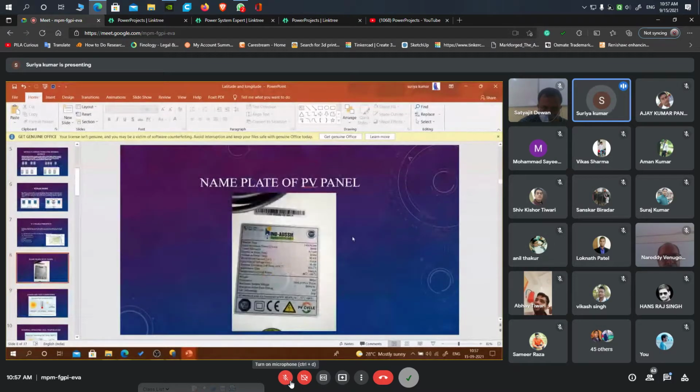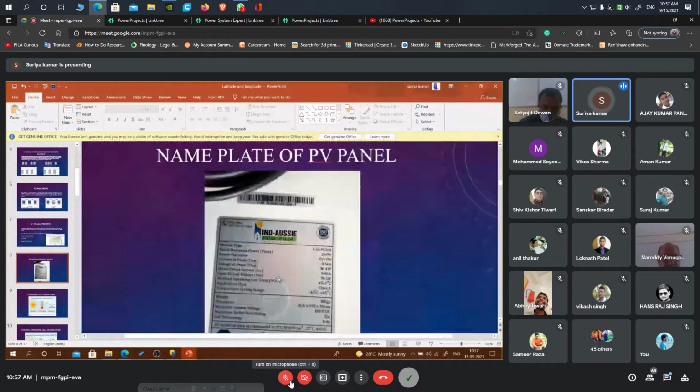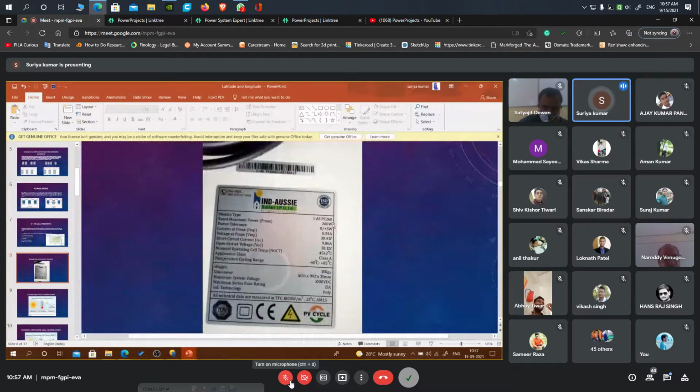This is the nameplate for that PV. In reality, this is how they will provide the nameplate. This is a 260-watt panel, with a power tolerance. Because we said 260 watt, but it is not going to produce only 260 watts. It is capable of producing more or less than that. But nowadays, manufacturers provide only positive tolerance, which means it is going to produce from 260 to greater than 260, not less than 260. That is the assurance given by